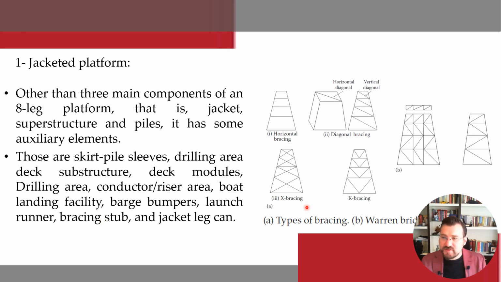So other than these three main components of this eight-leg platform, that is jacket, superstructure and piles, there are some auxiliary elements in it, all right? Those are skirt pile sleeves, drilling area, deck substructure, and the deck modules, the drilling area, conductor riser area, including that one. Boat landing facility, barge bumpers, launch runner, and these types of small units as well are used to combine this